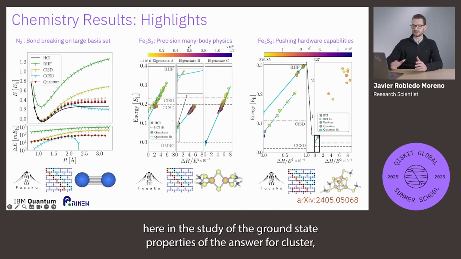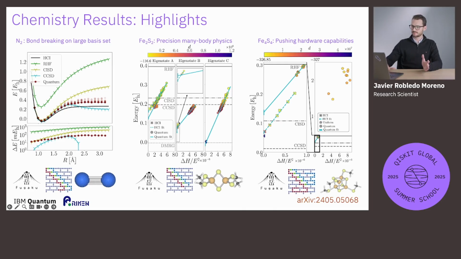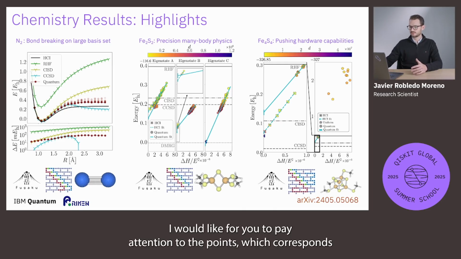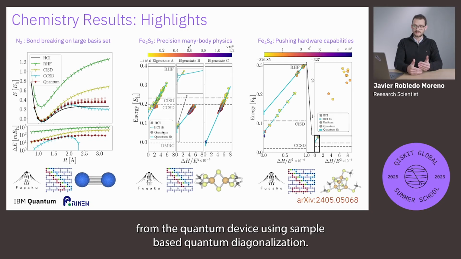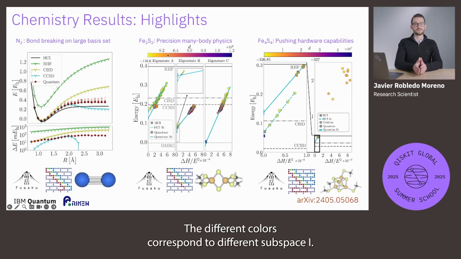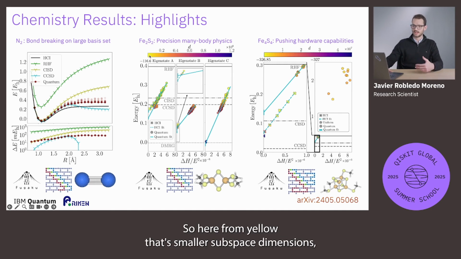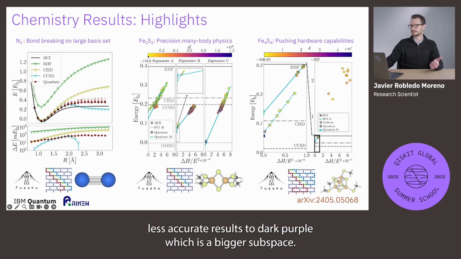Here in the study of the ground state properties of the iron sulfur cluster, I would like you to pay attention to the points which correspond to the quantum points obtained from the quantum device using sample-based quantum diagonalization. The different colors correspond to different subspace dimensions. So here, from yellow, that's smaller subspace dimensions, less accurate results, to dark purple, which is bigger subspace dimensions, more